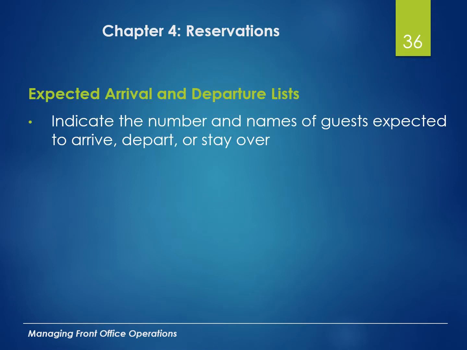So utilizing our reservation systems, we can look and see what our expected arrival and departure list is going to be. That tells us what guests are going to stay over, which ones are planning on departing. That helps us with staffing our front desk office, our front office. So with that, if we have a heavy checkout date, then we know we want to put a lot of people on in the morning. If we have a heavy check-in date, we want to make sure that we have a lot of people in the afternoon to accommodate for those.